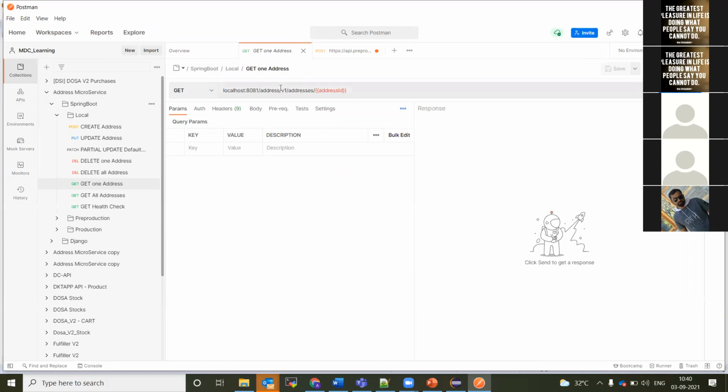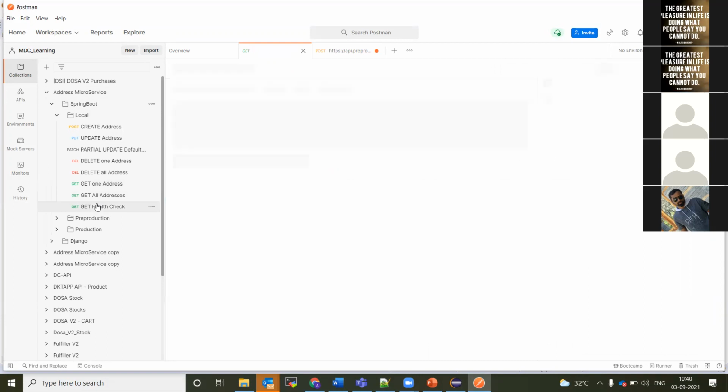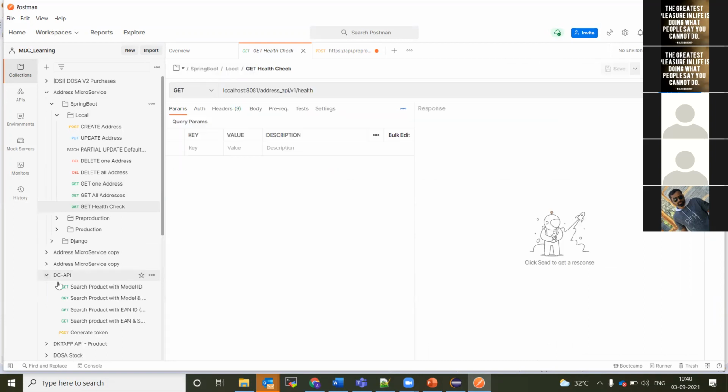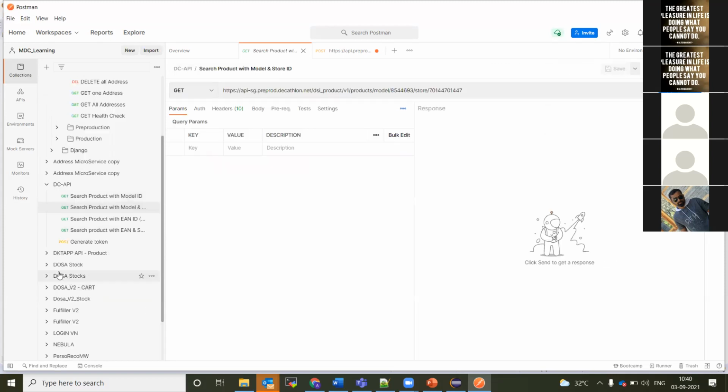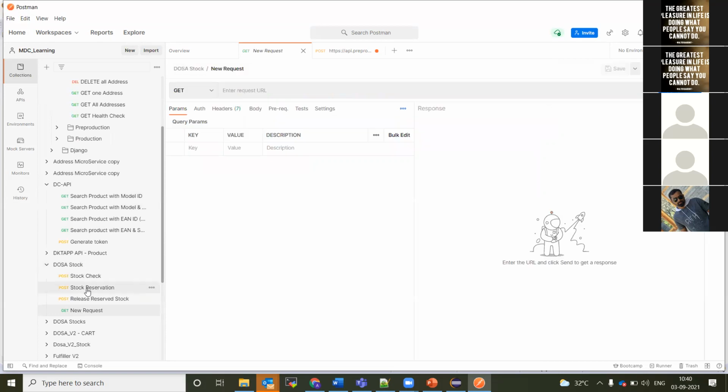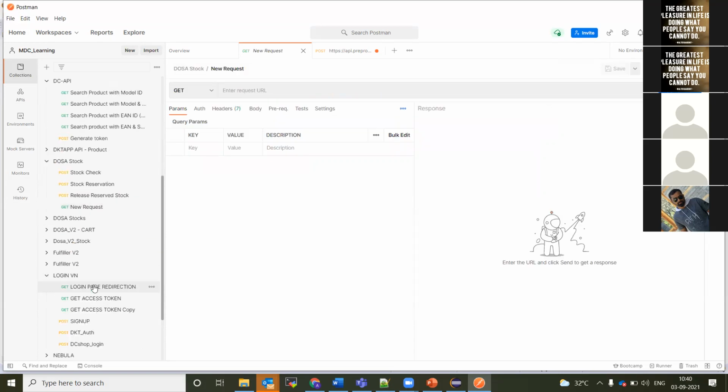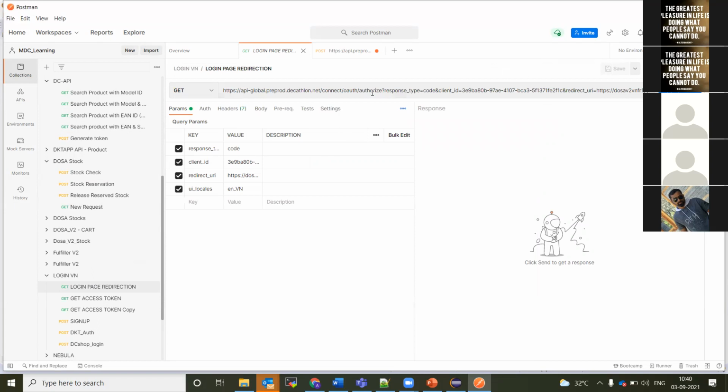If it comes in the path, the slash address domain, it is a path parameter. Anything before the question mark, and any dynamic value in the path, is a path parameter. After the question mark, if you are sending any data with key value pairs, that is a query parameter.